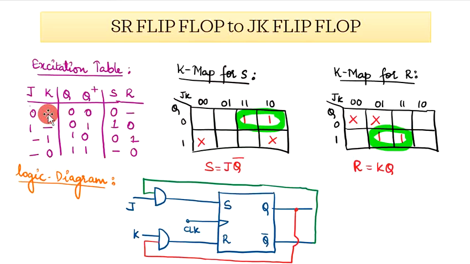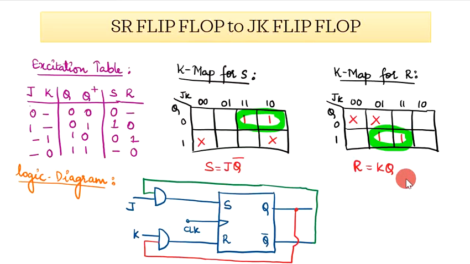That is, if it is a dash, that means it can either be a 0 or a logic 1. So based on that, it will have 2 don't care terms and 2 min terms. Similarly, for the Karnaugh map of R, you have 2 don't care terms and 2 min terms. Group the min terms and you obtain the expression S is equal to JQ bar and R is equal